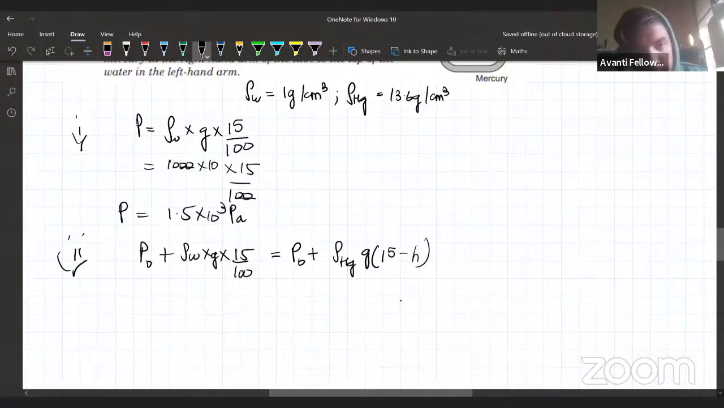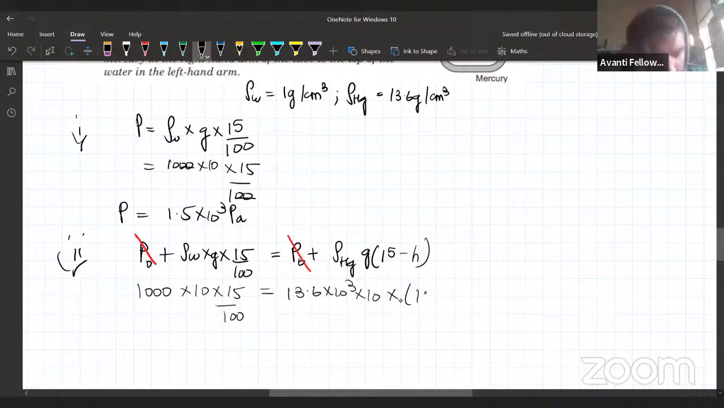Just taking 13.6 down, 15 by 100 divided by 13.6. After that, 15 minus h will be remaining. So what will we get? Let me solve it. h will be equal to 15 minus 15 by 100 by 13.6. So we'll get the answer. It's pretty easy to solve. You can solve it easily. The answer will come out to be